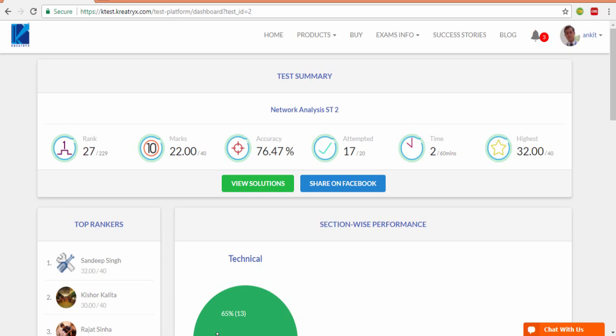That is why I am telling you mock test rank is very crucial, but do not mind too much this subject wise test rank. Now my marks are around the same range, 22. It might be that the test was difficult, that is why my marks are lesser. Accuracy, see, my accuracy is consistent. Last time it was 75%, now it is 76.47%. Consistently improving your accuracy, that should be the aim of the subject test.